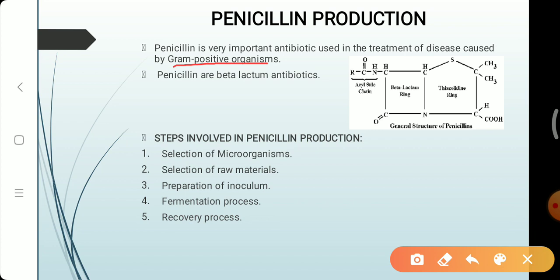Now look at the general structure of penicillin, which contains a thiazolidine ring, a beta-lactam ring, and an acyl side chain. This part is known as the core region or constant region, which is 6-APA, or 6-aminopenicillanic acid. It is a constant region for all kinds of penicillin or penicillin derivatives, and the acyl side chain